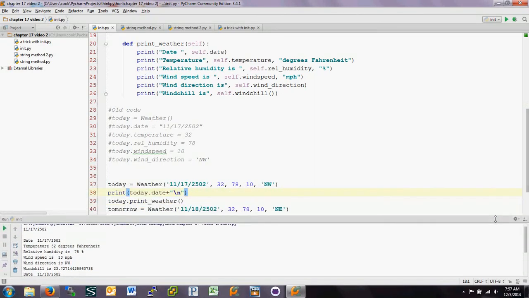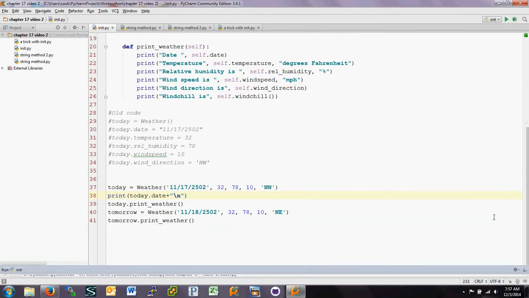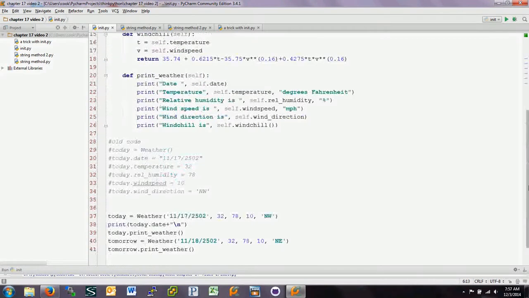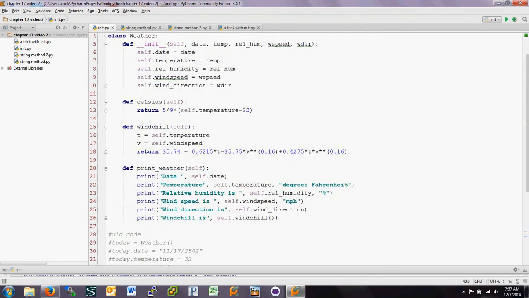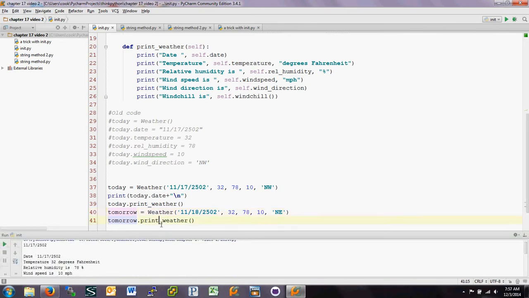So up here is the date, today.date, and what happened is when we call the __init__, self in this case refers to today, and we set today.date equal to that in __init__. And again, __init__ is automatically called anytime we instantiate. And down here, when we call with tomorrow, self becomes, up here, self.date, or I'm sorry, tomorrow.date. So tomorrow's date is 11/18/2502, and we can see that when we call tomorrow with print_weather, it comes in and prints self.date. Well, in this case, it means